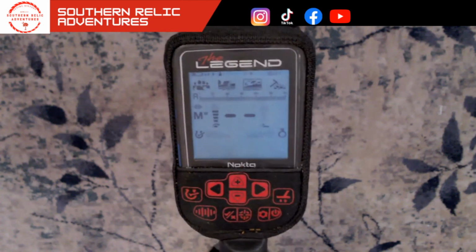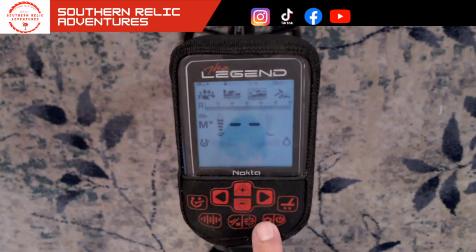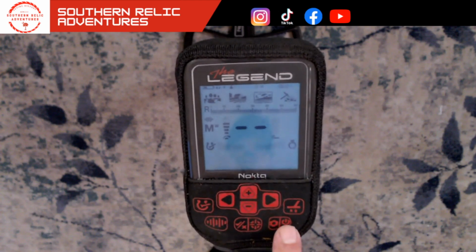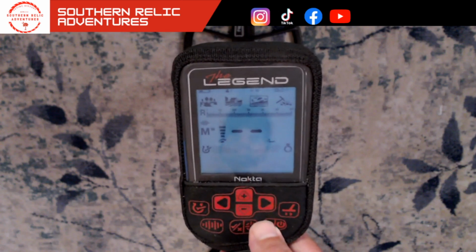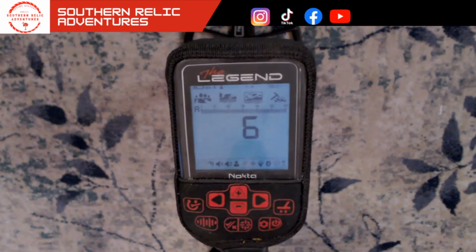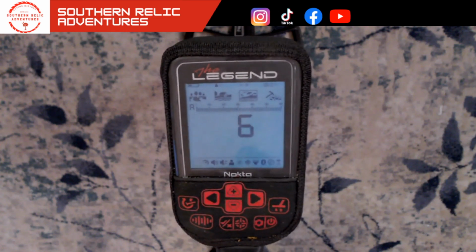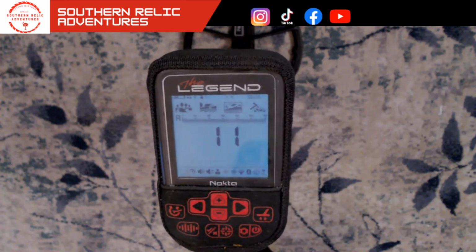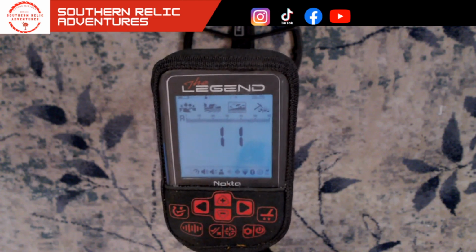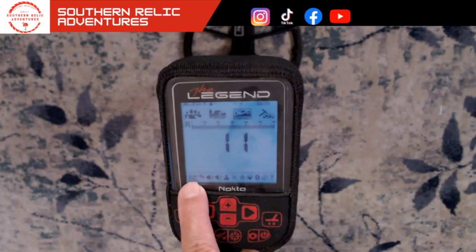So how are you going to get to recovery? It's very, very easy. What you're going to do, as always, you've got this little cogwheel down here right by the power button. So all we need to do is press that cogwheel, and a menu screen will come up. Again, we would do a noise cancel at this point. Once we have noise canceled, our next step is to get to our recovery setting. You see that the icon is blinking down here at the bottom, this first icon. That's after we have noise canceled.